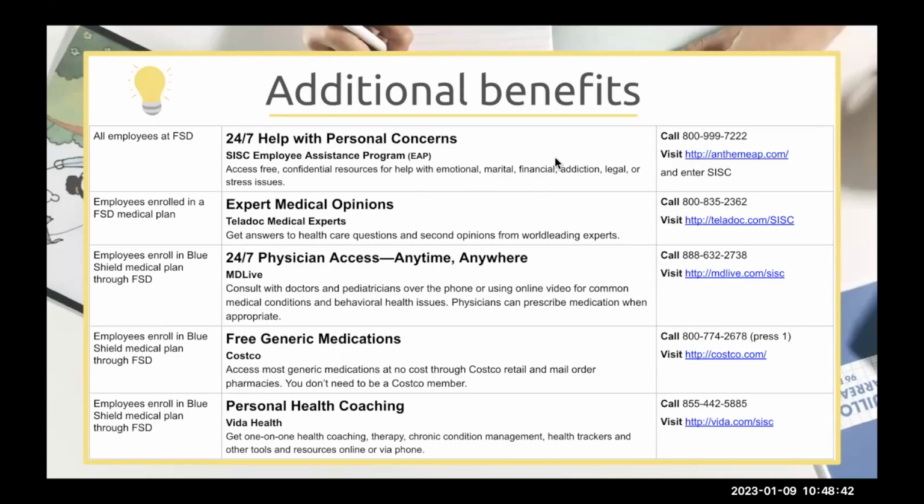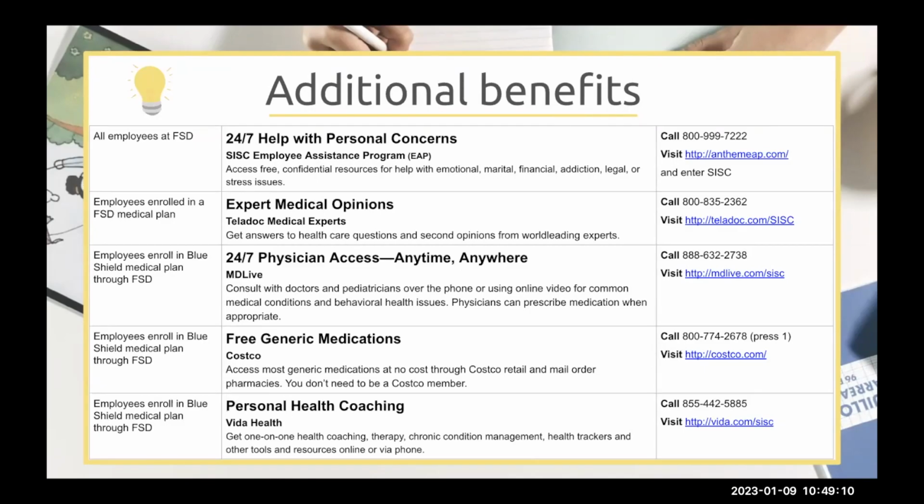The next one is the expert medical opinion. This is through Teladoc, and this is for anybody who's enrolled in a medical plan through us, so either Blue Shield or Kaiser. What you can do is get a second opinion. Say you got a diagnosis and you want to make sure that's the right diagnosis, or you want to make sure the right treatment plan is what they're doing. You can contact them and have a second opinion